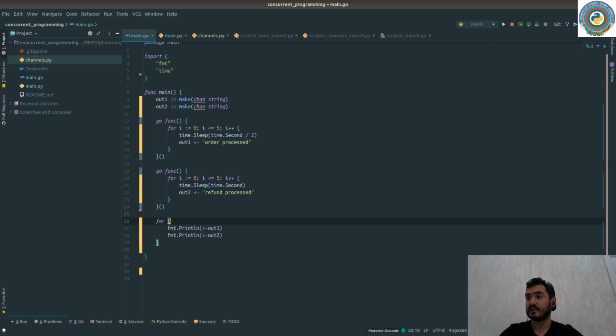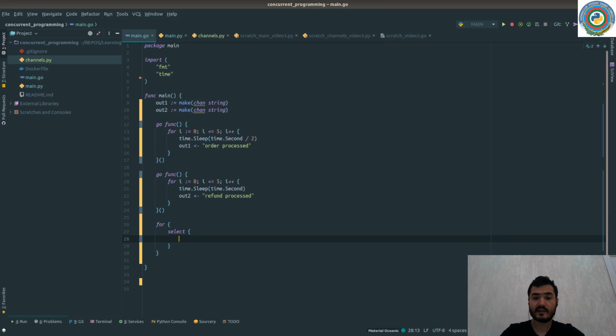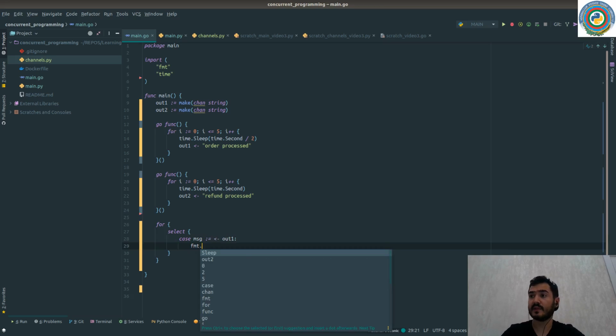And just get rid of these print lines, and let's use a select syntax. So select, in case something appears in the first channel, then fmt.Println this message,